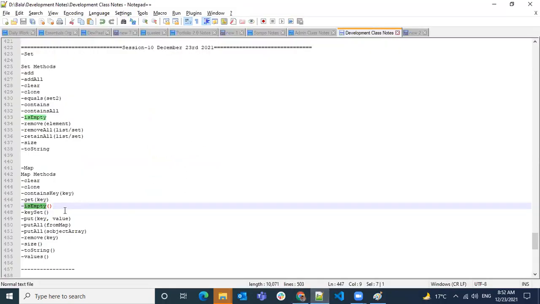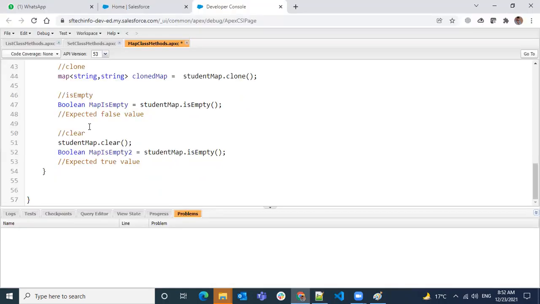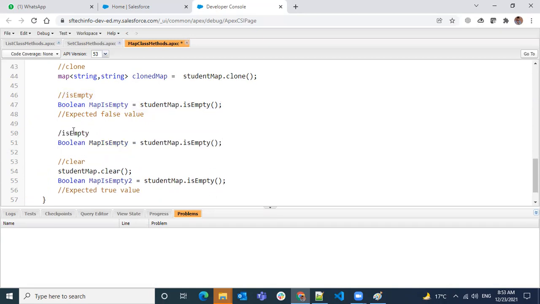Okay, what else do we have here? Key set, put all, remove, size, to string, values. Only remove we have left. Remove uses a key to remove an entry. So if you use the remove method, you have to use the key value in it.